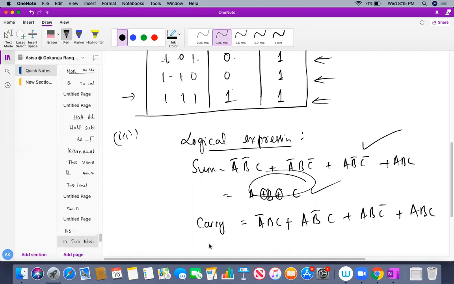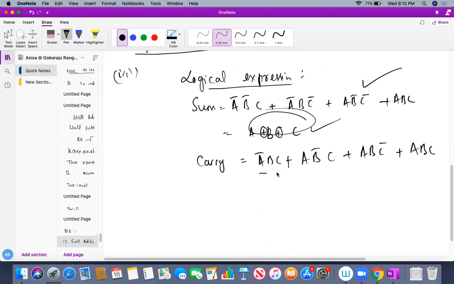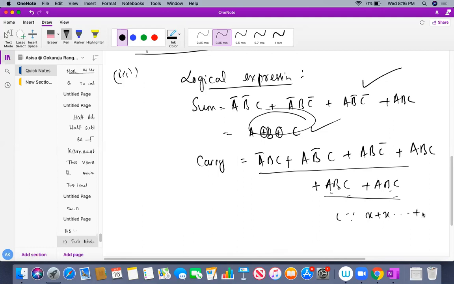Okay, so now if you solve this, we have already solved this kind of thing. Here you can apply the distributive laws. What you have to apply is very simple. See here, you just have to extend it by adding two ABC terms. We have extended our Boolean algebra by adding two extra terms, ABC, ABC. Why? We know our idempotency theorem says that x OR x gives finally x only. Understand, students? That's why I have ORed two ABC terms over here.